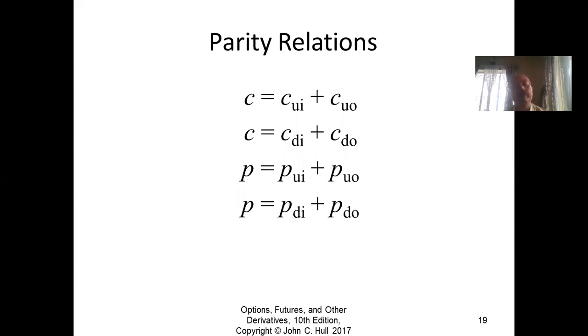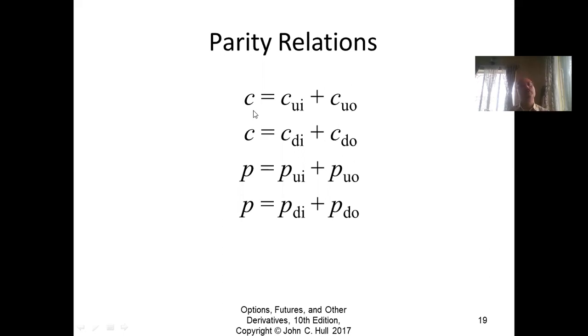And this will, I think, clarify matters a lot. If you are thinking of the relationship between all these 8 combinations, these relationships are very easy to figure out. A standard call can be thought of as an up and in option and an up and out option, because one of them is alive at any point of time, and together they constitute the whole call option. Because if you have both the up and in and up and out, then together it's the whole set of possibilities. So it is just a call option.